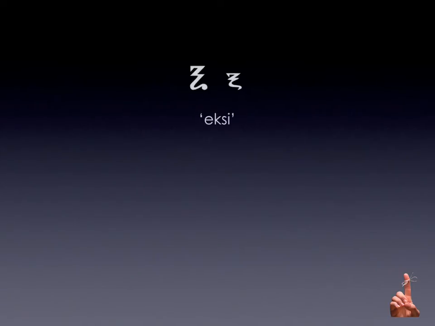So let's continue with the letters that we need to memorize. This is the Xi. The Xi, I suppose, looks like the letter Z with a long tail attached to it. And this now, in fact, is the equivalent of the letter X. And it has an X sound to it, so X as in axe. This is the Xi.